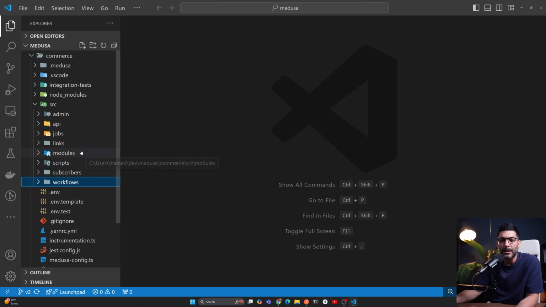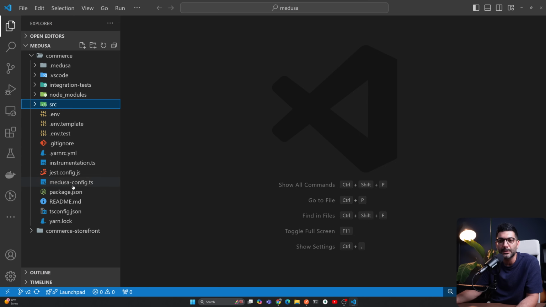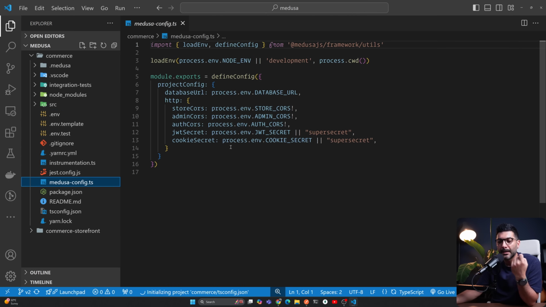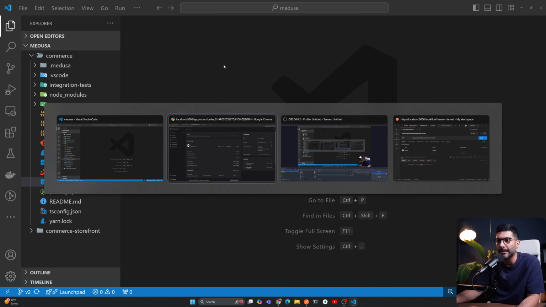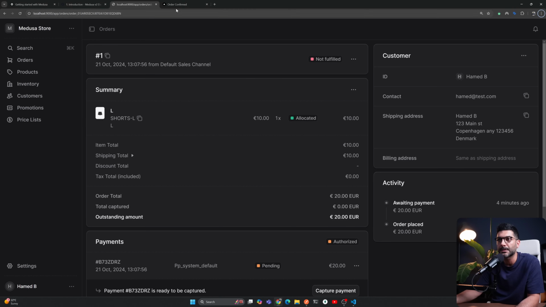So this is, from a high level, how you would extend your Medusa application. The one file that I want to also mention is Medusa config. This is where you would define different config for your project, such as your database URL and whatnot. We're going to use this to also define some modules in a little bit. So with that, let's actually go to our documentation